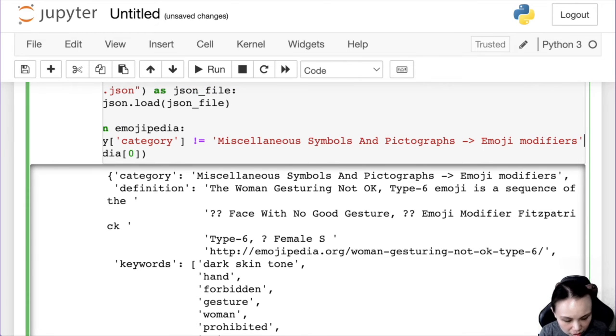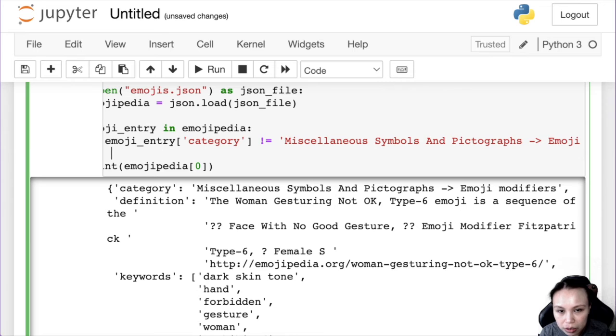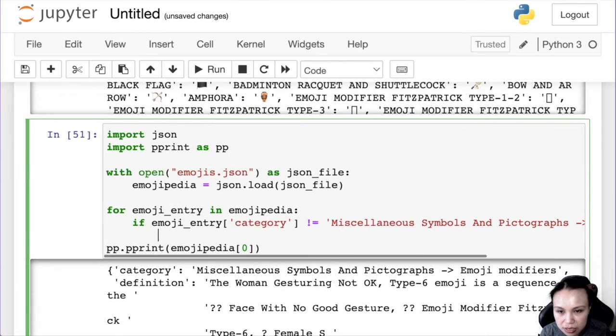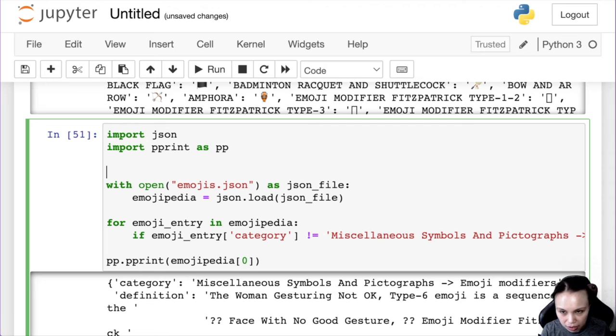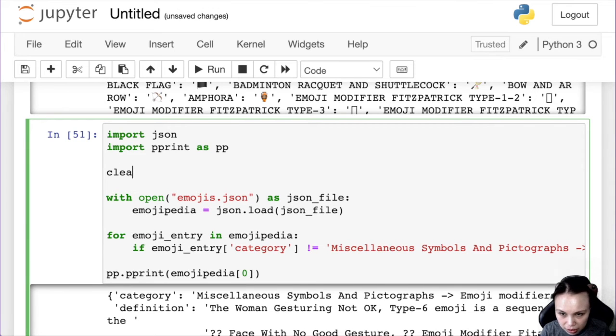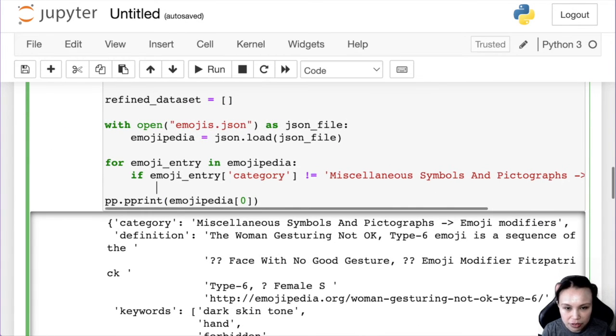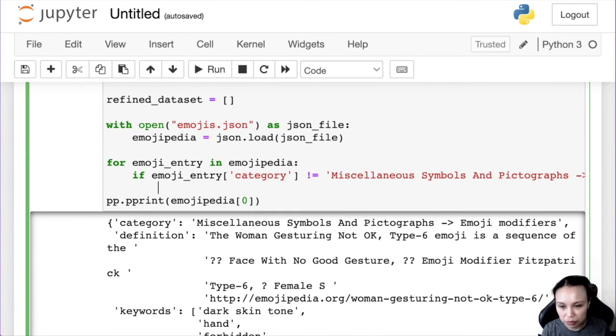So what I would do is actually save this, maybe a refined data set, to an empty list. If it's not equal, then we can keep on doing what we're doing.